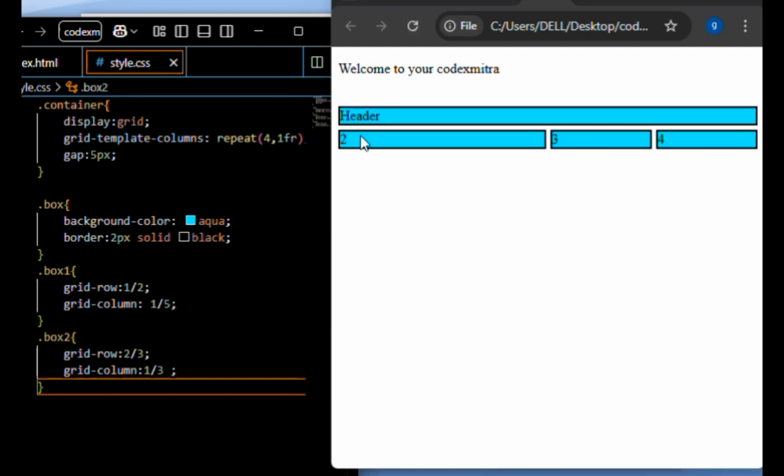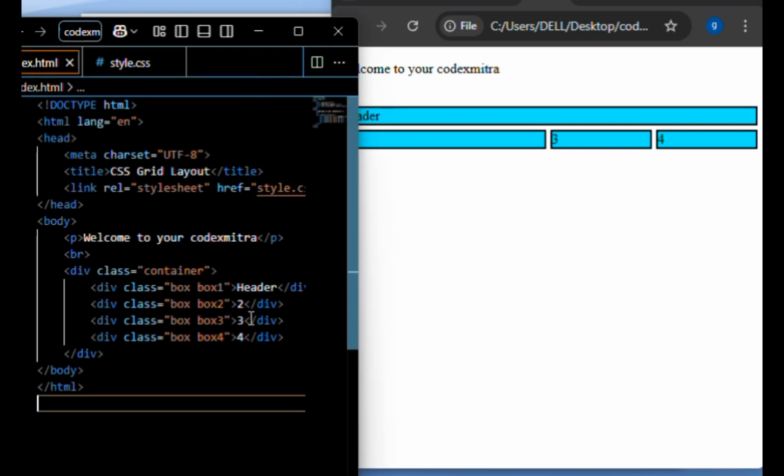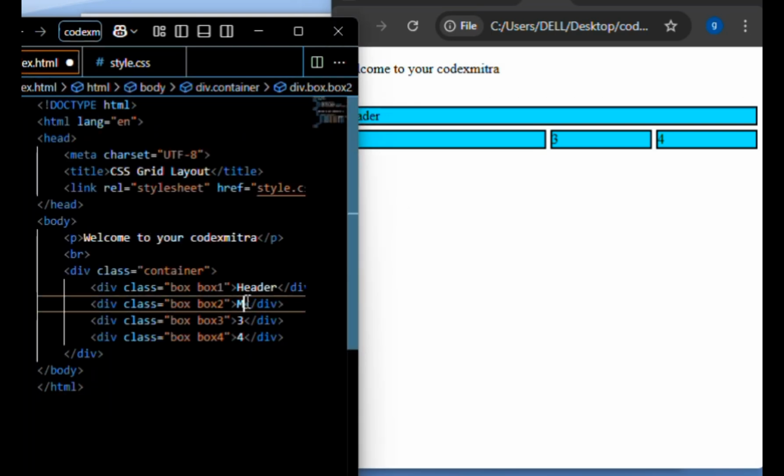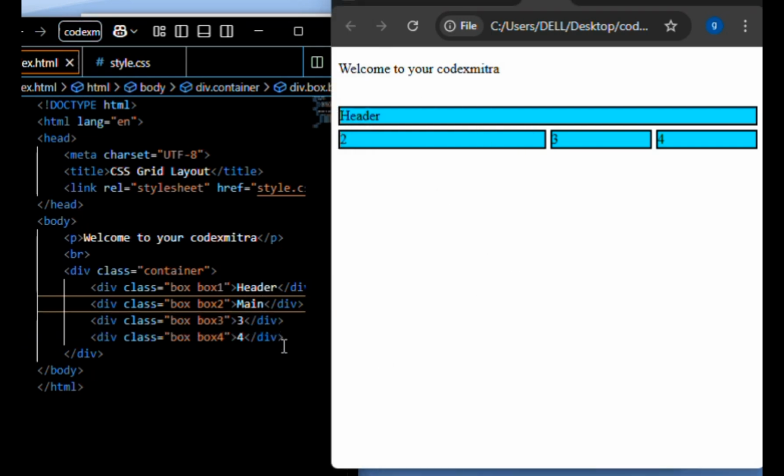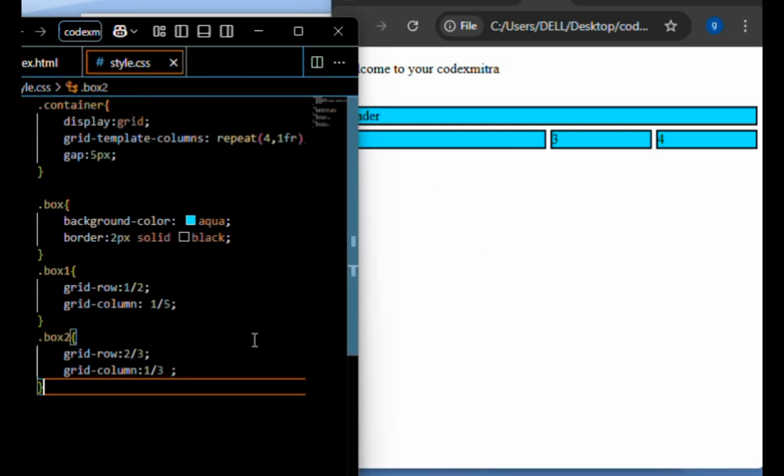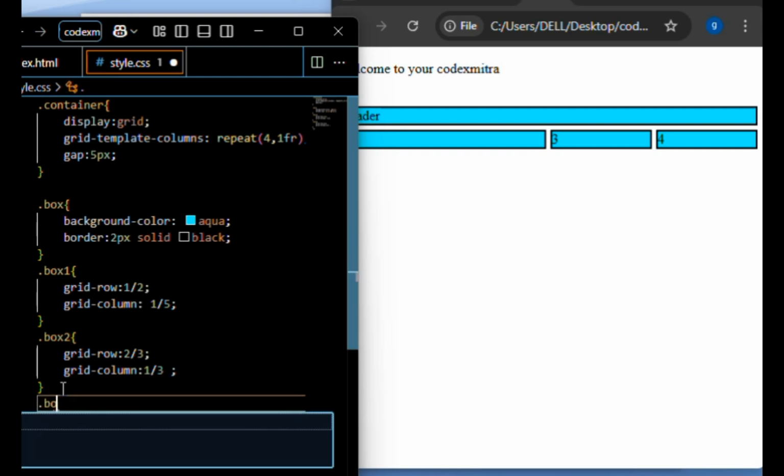Now here you can see this is our second main portion that started at the second row and ended at the third row, and the column started at first and ended at third. So now let's change the text of that box. Here I will give the main. Now let's give the style to the third class. So I will select that box 3,